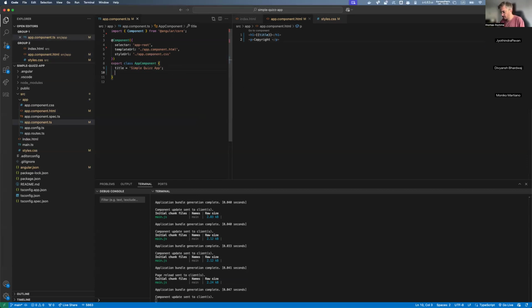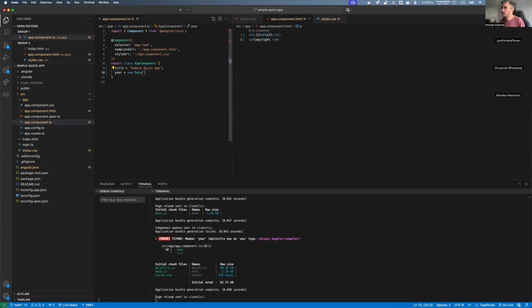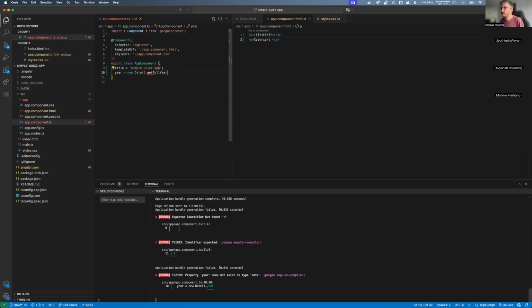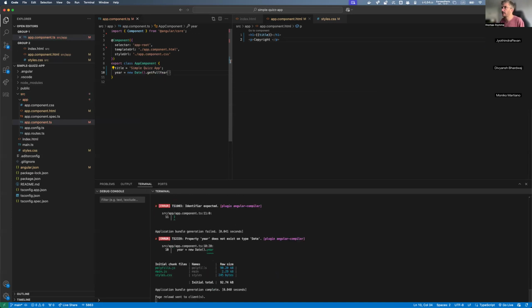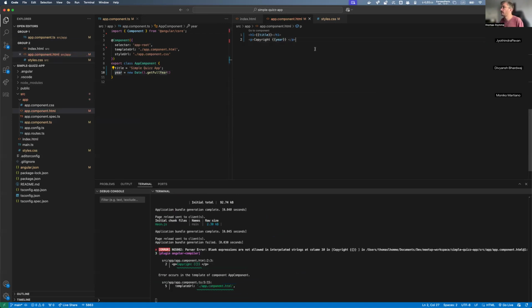So you can imagine having the variable year, and you can instantiate a new JavaScript date. So this is JavaScript, it's not even TypeScript. New Date dot getFullYear, I think it's getFullYear like this, okay? Great, so we have year, and I can write copyright, and I can say year like this.